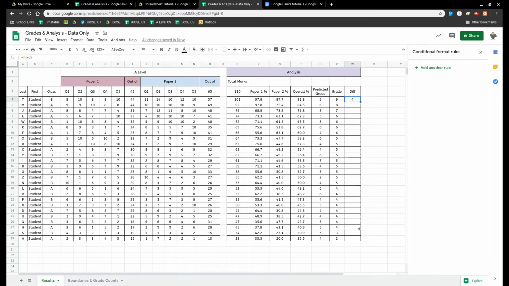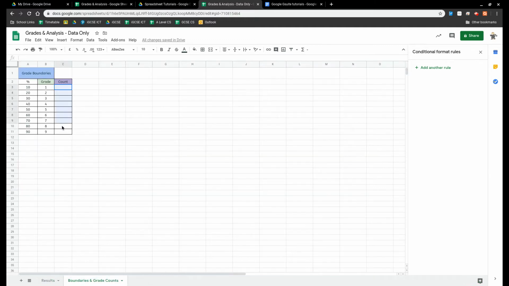Okay, now to make this spreadsheet look nicer later, I want to do a little bit of conditional formatting, which is always really useful, which is changing the color of cells based on the data that's inside them. But we're going to leave that for a minute, and we're going to do a count of each grade from